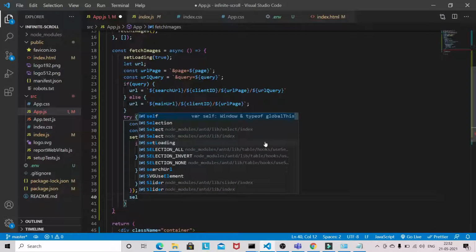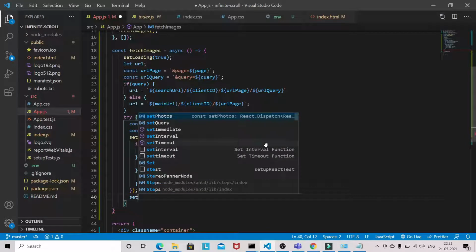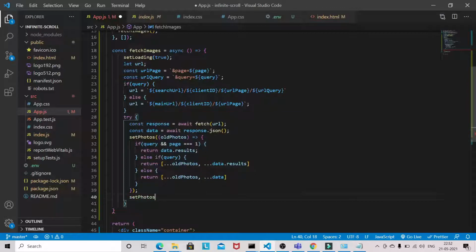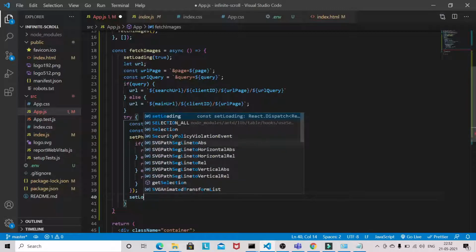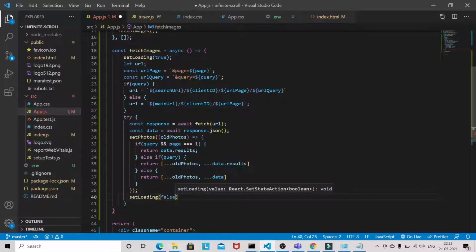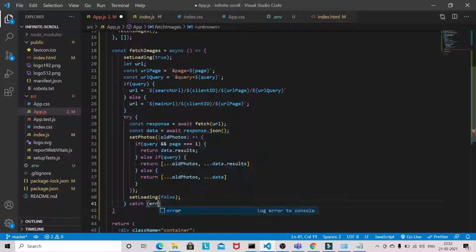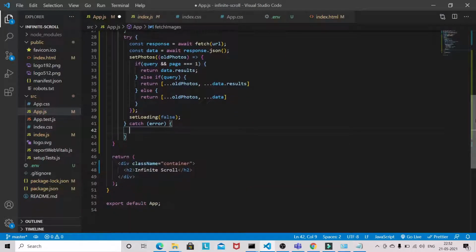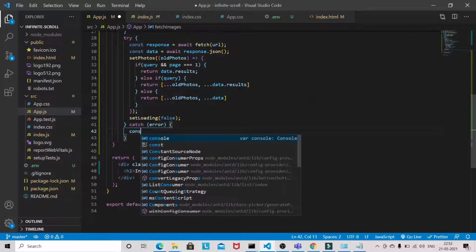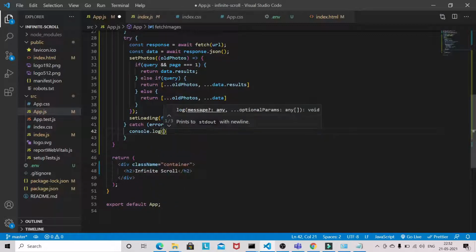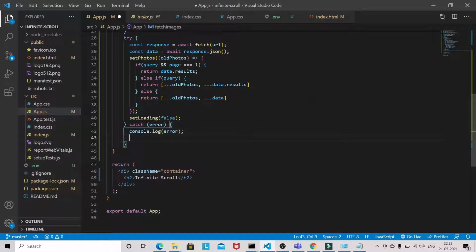And we have to set loading false, as if there is any error, so we will console log that error, and also we will set the loading false.